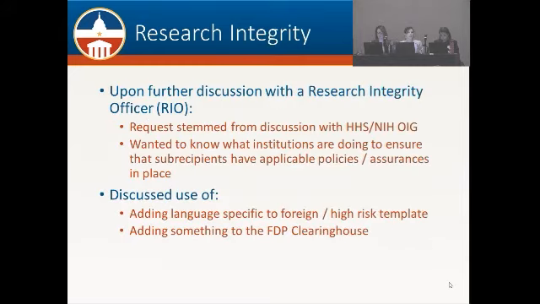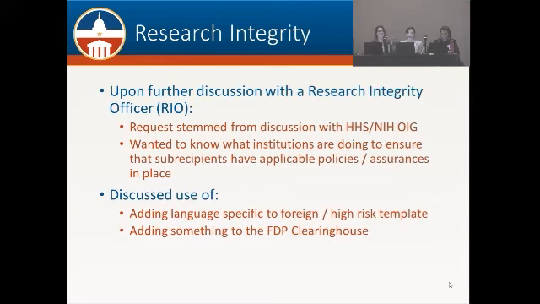So after we talked to folks at the last meeting, we actually went back to the person who initially had asked us the question, and it was a research integrity officer, and we got a little bit more information. So the reason that they had asked the question in the first place was they had a RIO meeting, and a member of the OIG was there.